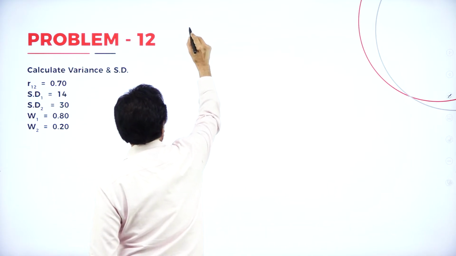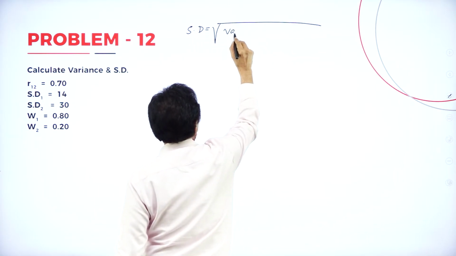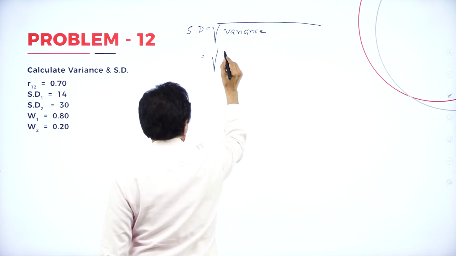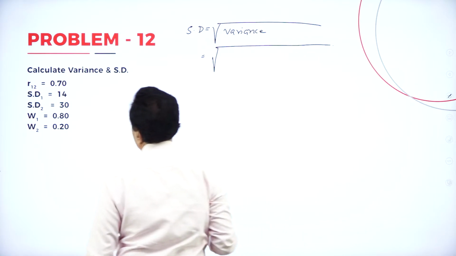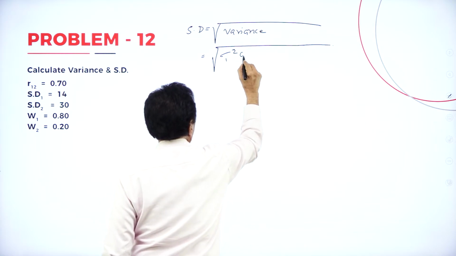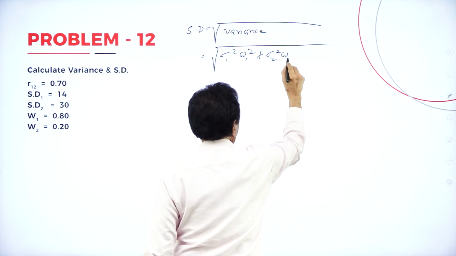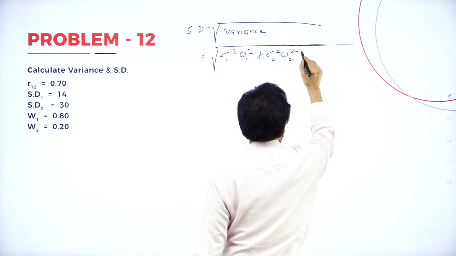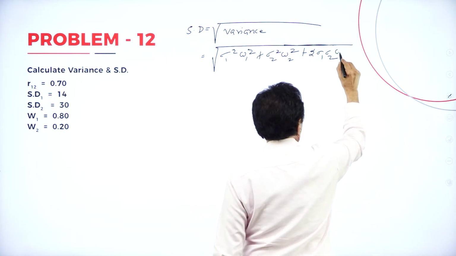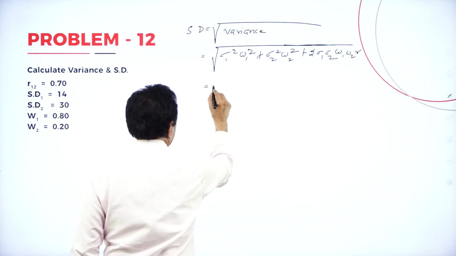So standard deviation is equal to root of variance, is root of standard deviation 1 square W1 square, standard deviation 2 square W2 square plus 2 into standard deviation 1, standard deviation 2, weighted 1, weighted 2 into R. This is equal to root of,